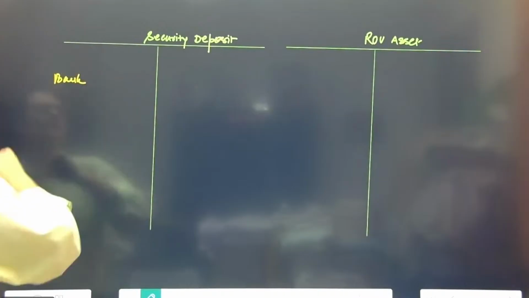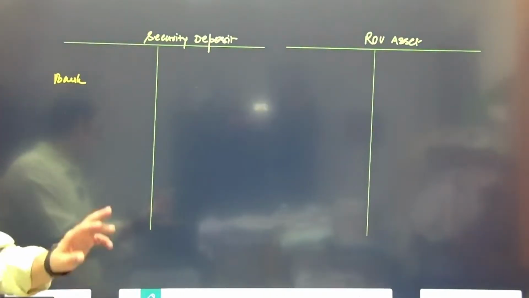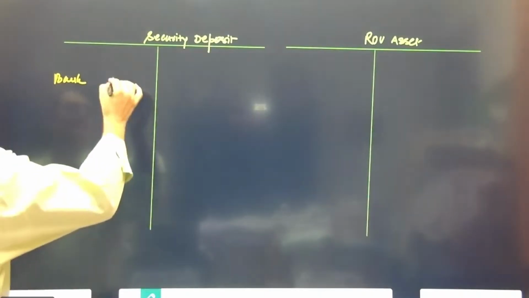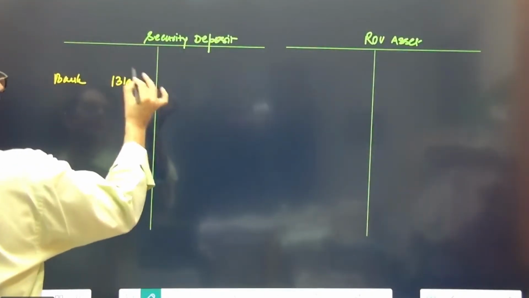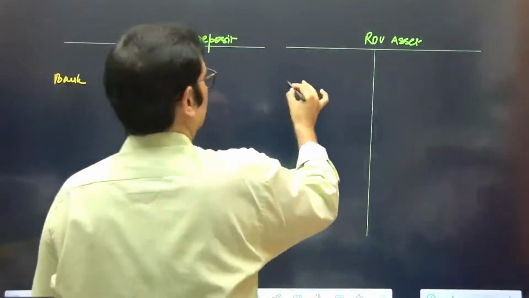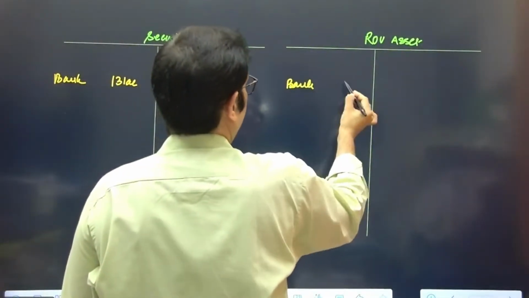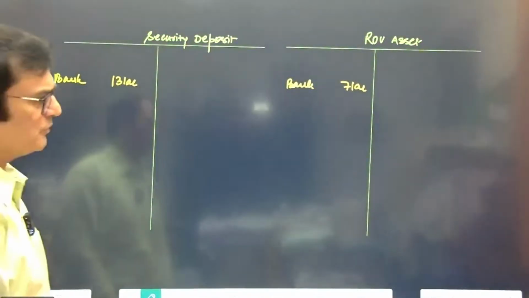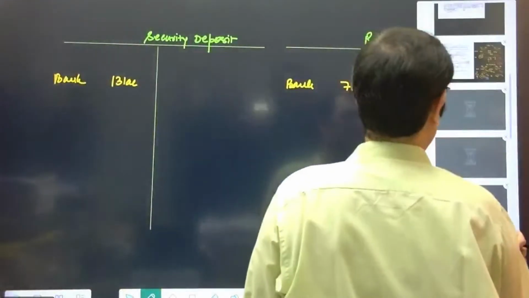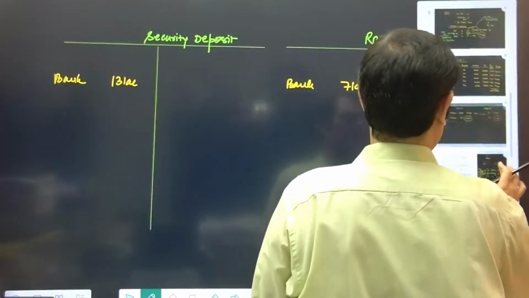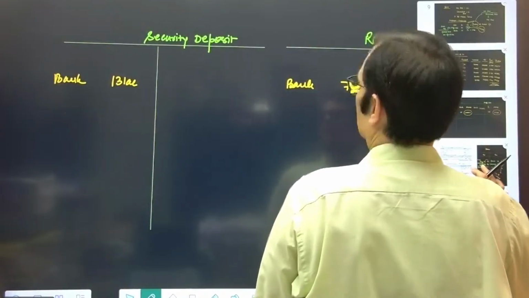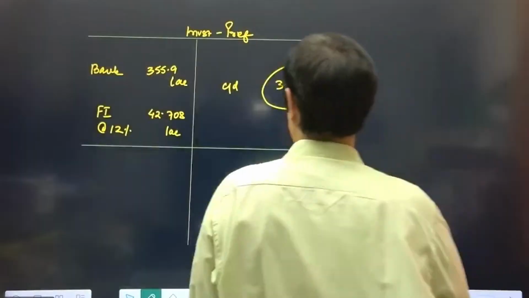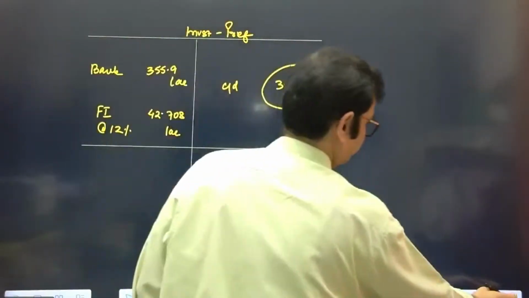I think it was 13 lakhs security deposit. Yes, sir, 13 lakhs. Okay, that's wonderful. And the right of use asset we have taken at approximately 7 lakhs. And the life, I think, was 3 years or 5 years? 5 years, sir, I believe. Okay, we'll just have a look. So I think in this case it was 5 years. So if it is supposed to be 5 years,